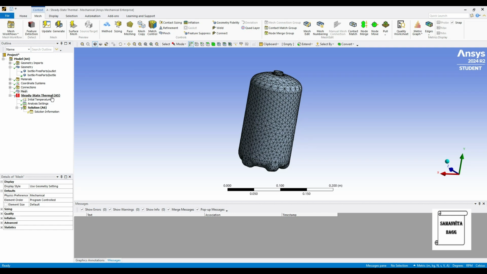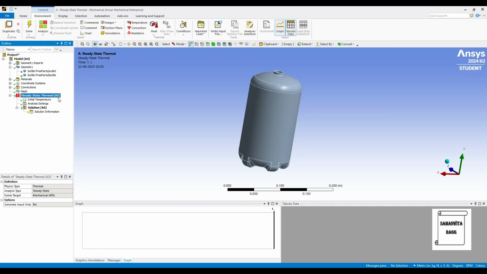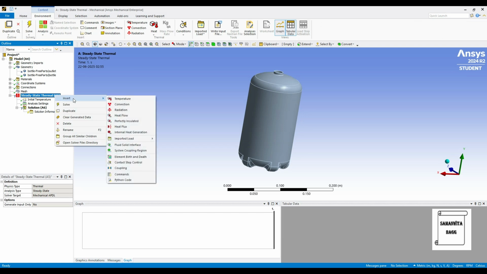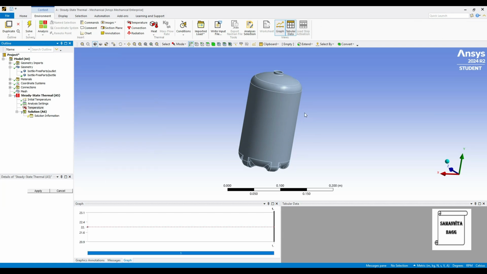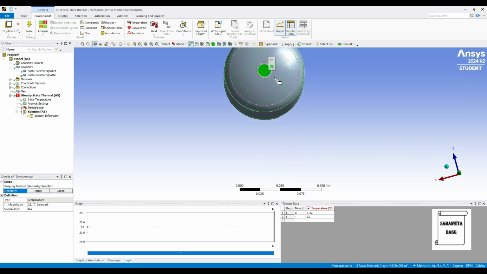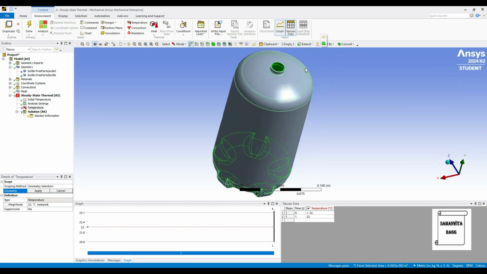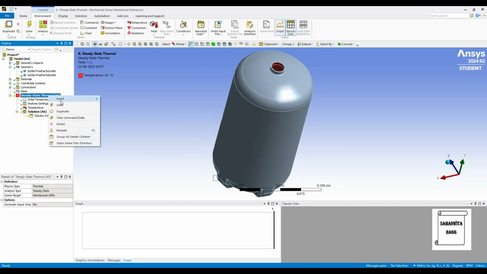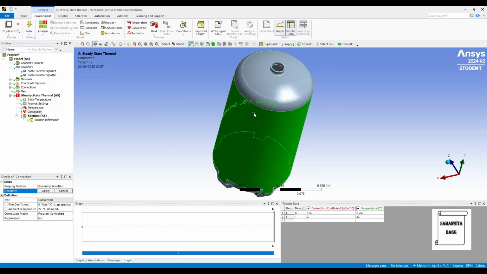Then we'll go to steady state thermal. Here I'll first insert temperature on the inner surface. So once it is selected, we'll click on apply. Again, I'll right click and insert convection on this outer surface.